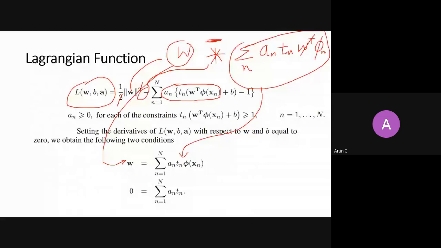So now, the trick was you have formed a Lagrangian, but you want to convert it into a dual function. Dual function means you want to see your function in terms of a only. So what you have done, you just try to represent everything in terms of a. You take the Lagrangian, take a derivative with respect to w and b and put it equal to 0. So the term for w is this. It means when you want to take the extremum of this Lagrangian for w and b, this should be the value.